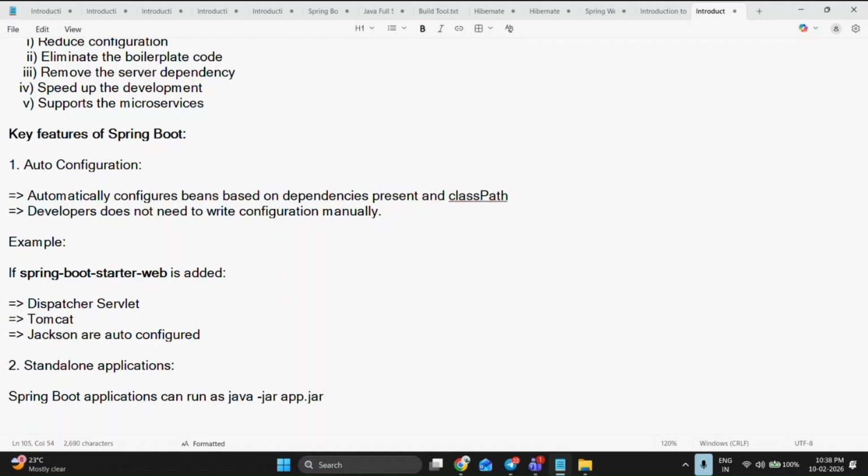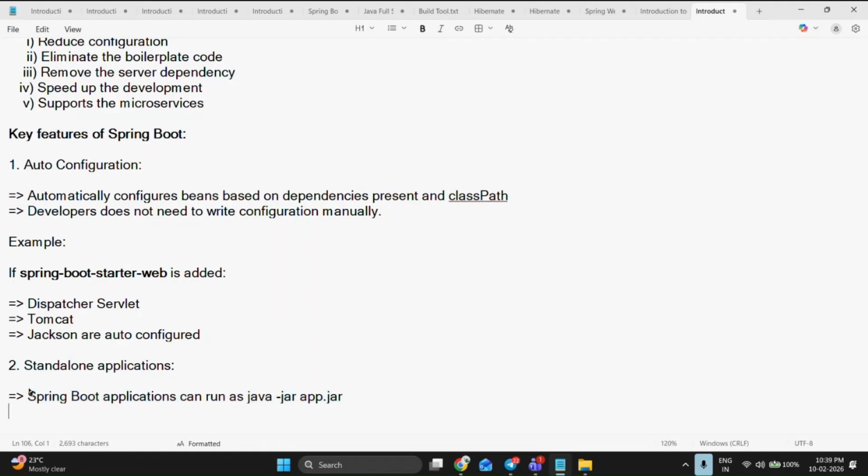So we can run our Spring Boot application as a jar file also. This is going to be discussed. Don't worry. If you didn't understand this point, you are going to understand it when we are implementing